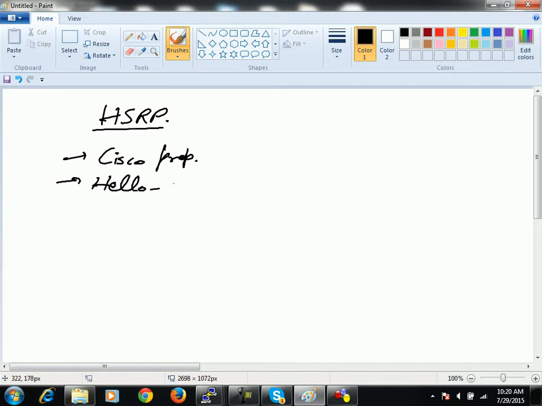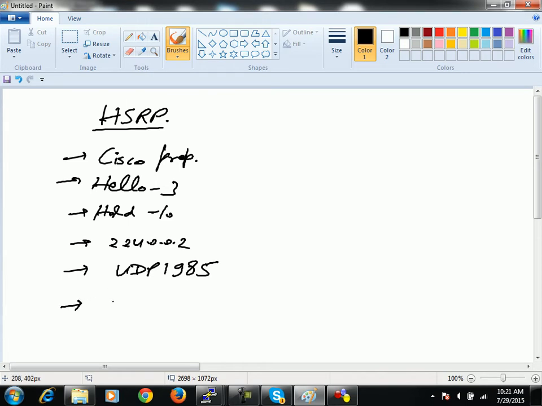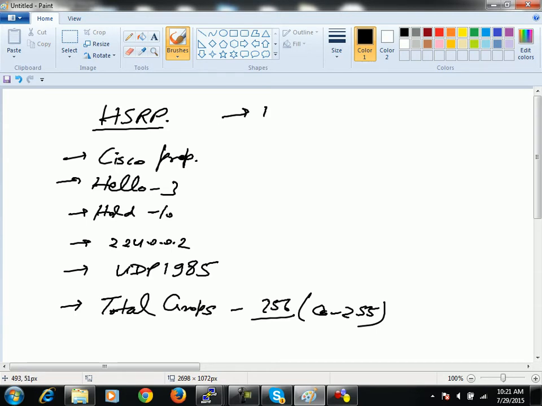Hello interval, hold time, multicast address used by it, UDP port number, total groups supported by it is 256, range is from 0 to 255, right. Default preemption is